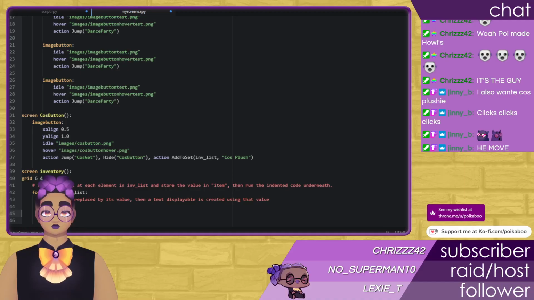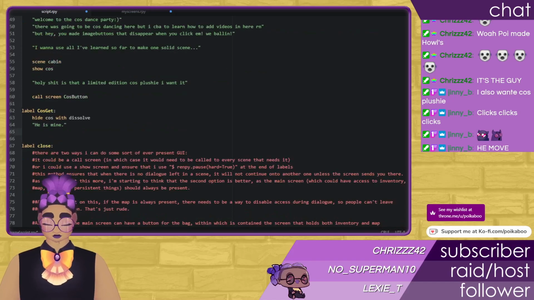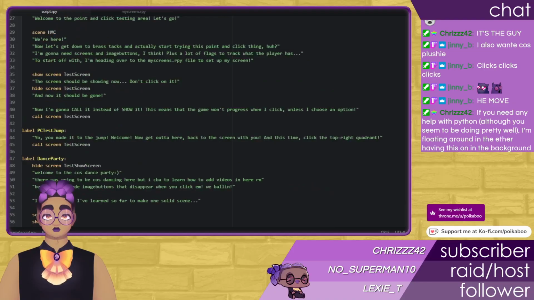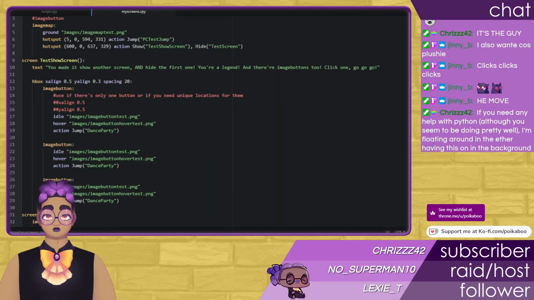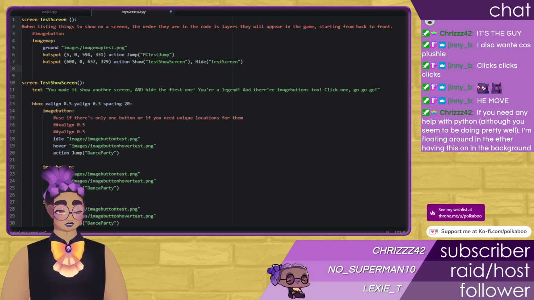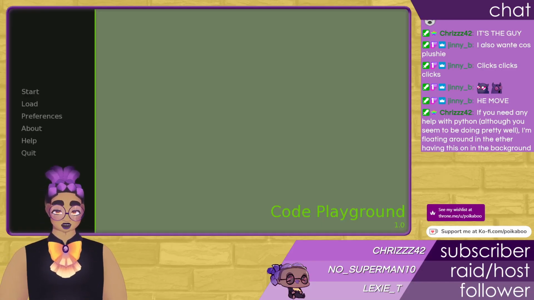And then item is replaced by its value, and then a text displayable is created using that value. Okay, so I think if we did this real quick, 1 second. I'm gonna add to, is this a test show screen? Nope, image map, yeah. So we're gonna go into our image map, which should, yeah, so for this we need